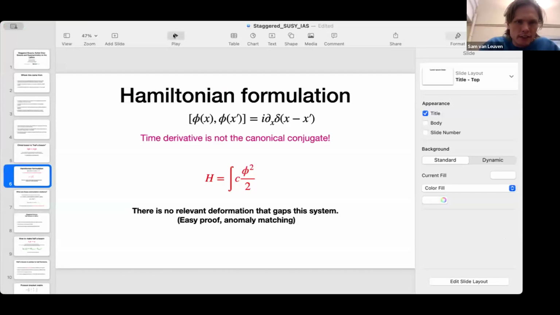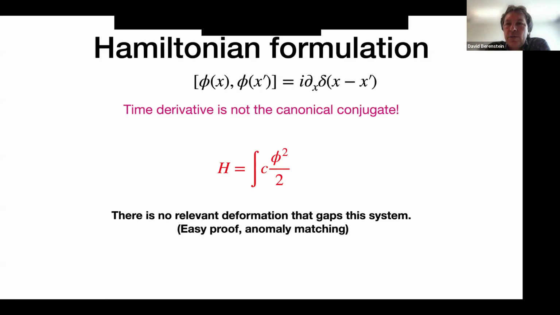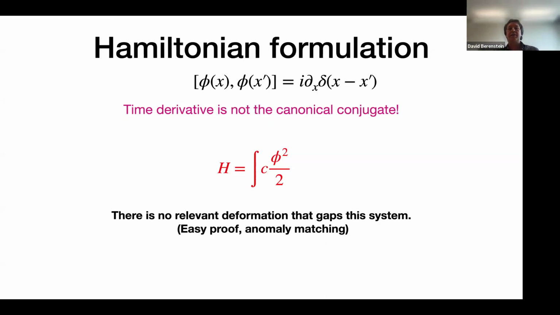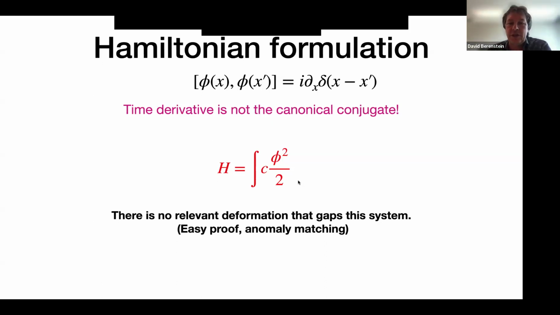Yeah, this is good. Okay, is it working now? Yeah, I think so. So there is a way to build a Poisson bracket or a commutator algebra such that the equations of motion of phi produce the first order differential equations that I gave you before. And first order differential equations are similar to the Dirac equation. So if you take the following commutator of the phi's and you compute the equation of motion of phi with the simplest Hamiltonian you can build, which is phi squared over 2 times a numerical constant,